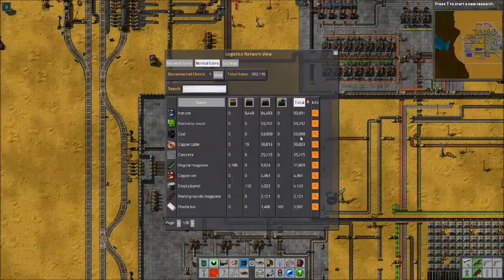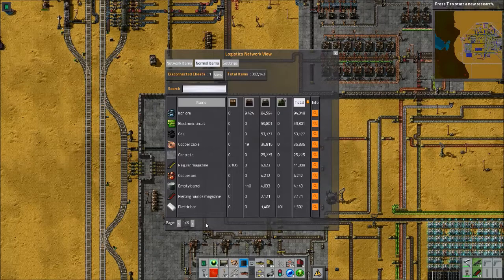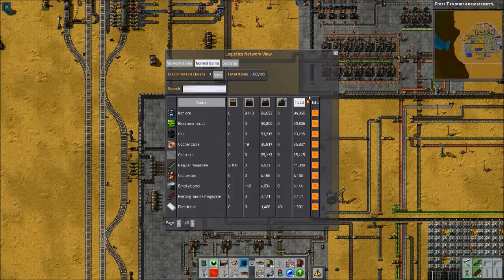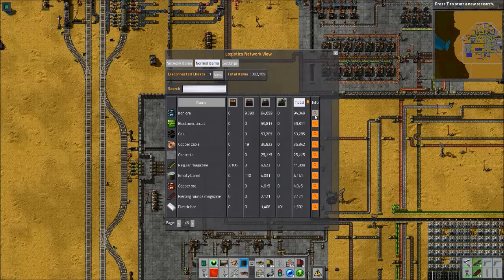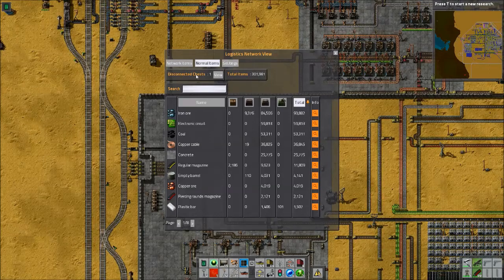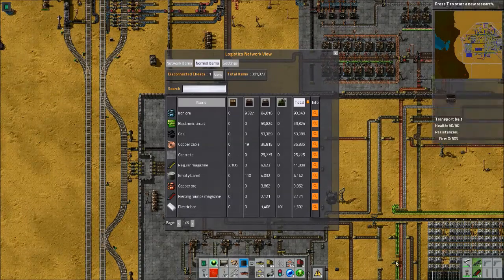And I mean, you can just go down the list. Obviously there's 8 pages because there's a lot of items, but again, it's arranged by number, and I will explain this here. Really cool options in here. So you have that, and total items, you can see that's how many items total are in chests not in